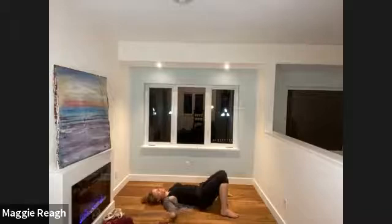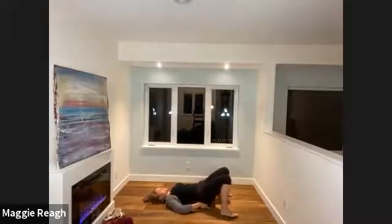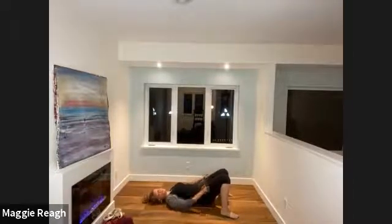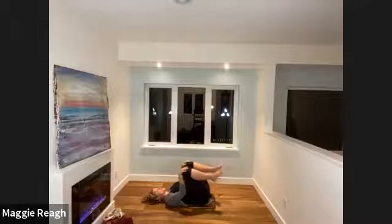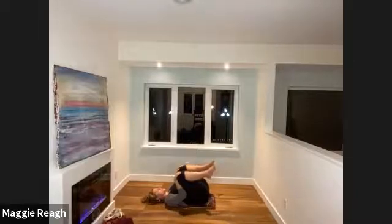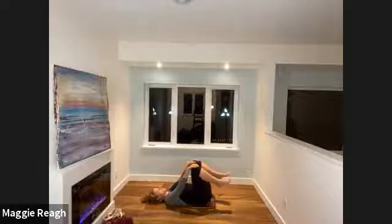And then you can do this with or without the cushion. We're going to bring the knees into the chest. I'm going to show it with this small cushion. You could also do it with a folded blanket or nothing. So the cushion just allows you to get, for some of us, the knees a little closer to the chest on the exhale. But if this is not necessary, inhale the knees away from you, holding onto the knees on top,